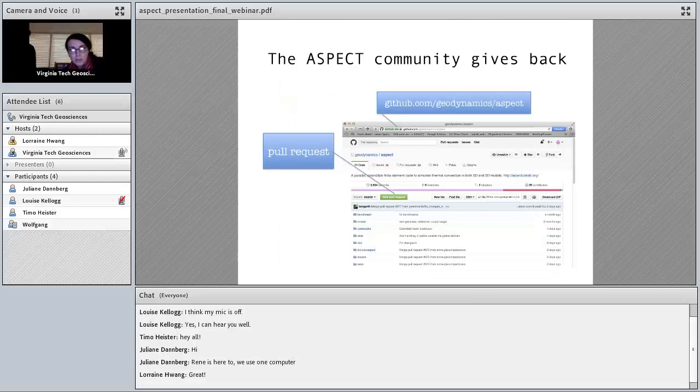Now, the ASPECT community is one that gives back, and we do that by using GitHub. I have shown here the ASPECT GitHub repository. And when a person who's using ASPECT develops a tool or a plugin that's valuable to the broader community, we contribute that back by doing pull requests. So it takes quite a bit of in-depth understanding of how ASPECT works, how all of the tools work, so that you can develop a pull request. This takes quite a bit of effort and knowledge to be able to get to the point of submitting a